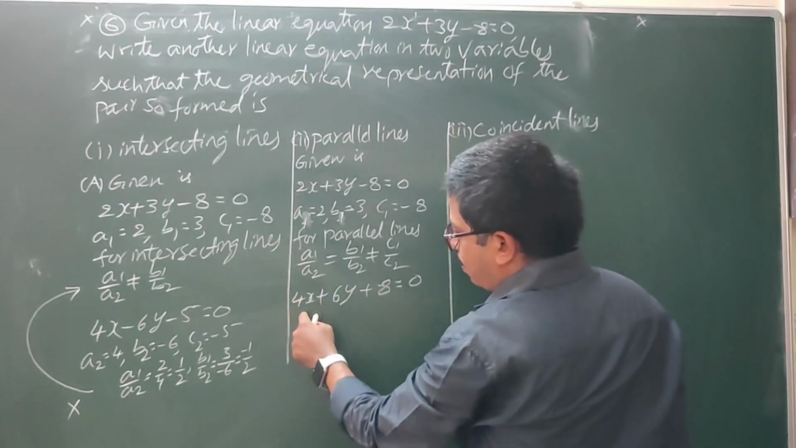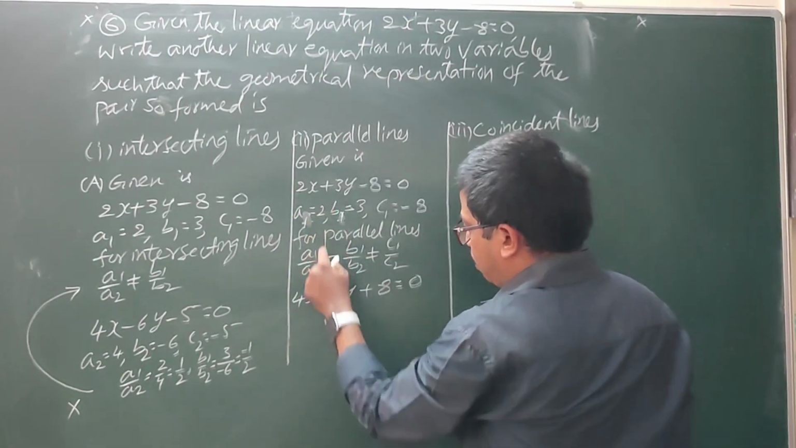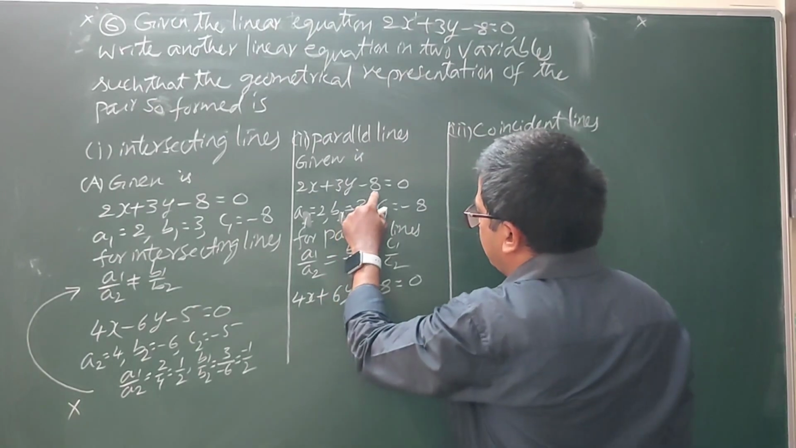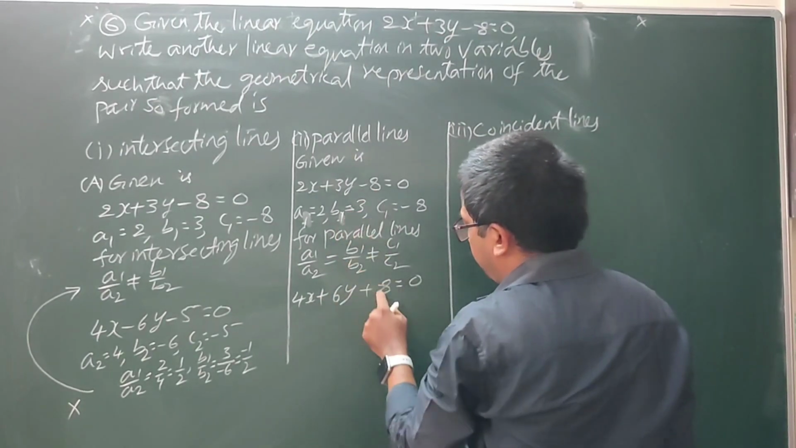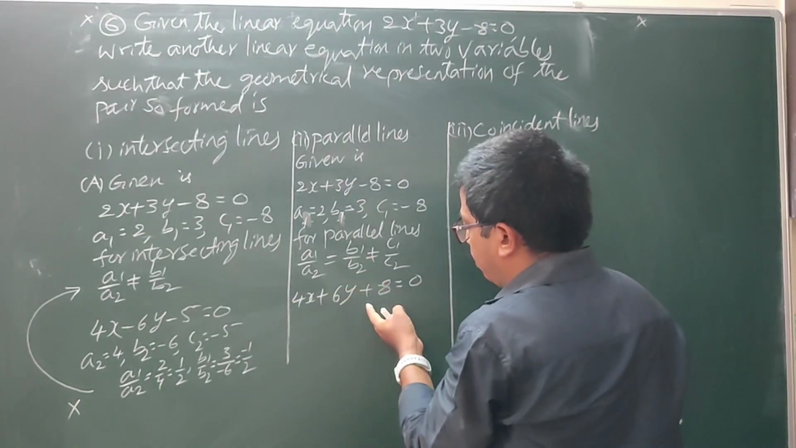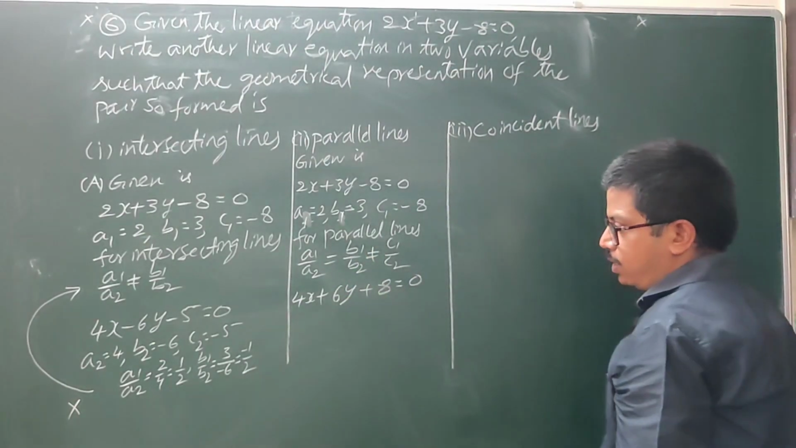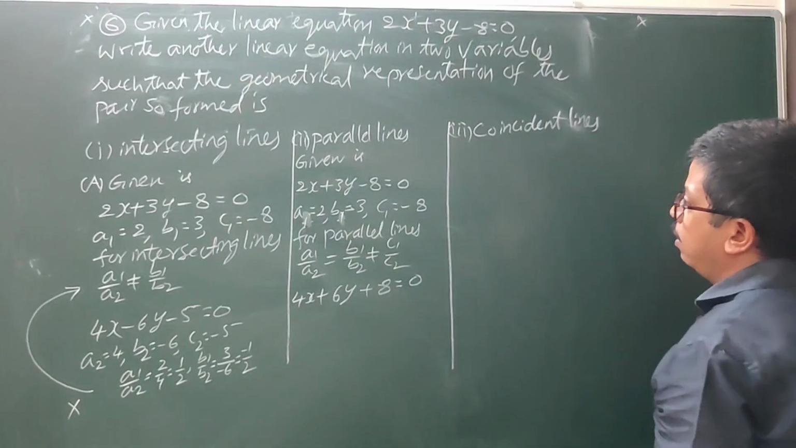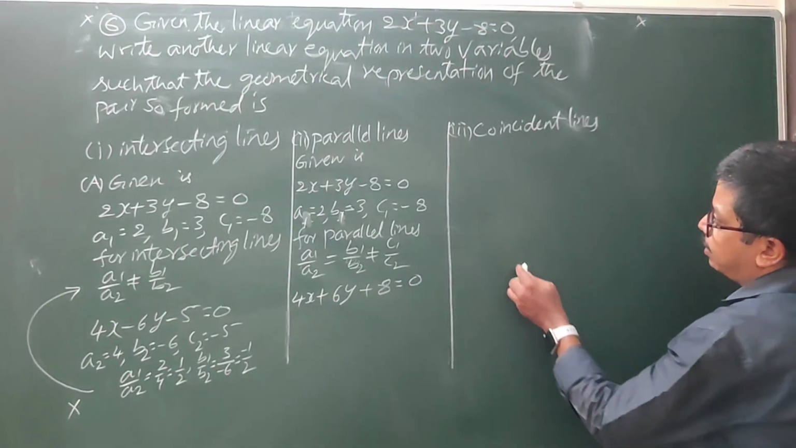So a1 by a2, 2 by 4, 1 by 2, b1 by b2, 3 by 6, 1 by 2, c1 by c2 is minus 8 by plus 8, minus 1. So a1 by a2 equal to b1 by b2 not equal to c1 by c2 is satisfied. Next, for coincident lines,